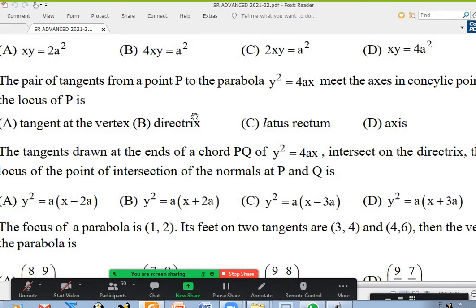Okay, 45. From an external point, two tangents are drawn to a parabola, and those two tangents will intersect the coordinate axes at a total of 4 points, x-axis at 2 points, y-axis at 2 points. Those 4 points should lie on a circle. So 4 points need not be concyclic every time. For that to happen, what is the locus of x1, y1?